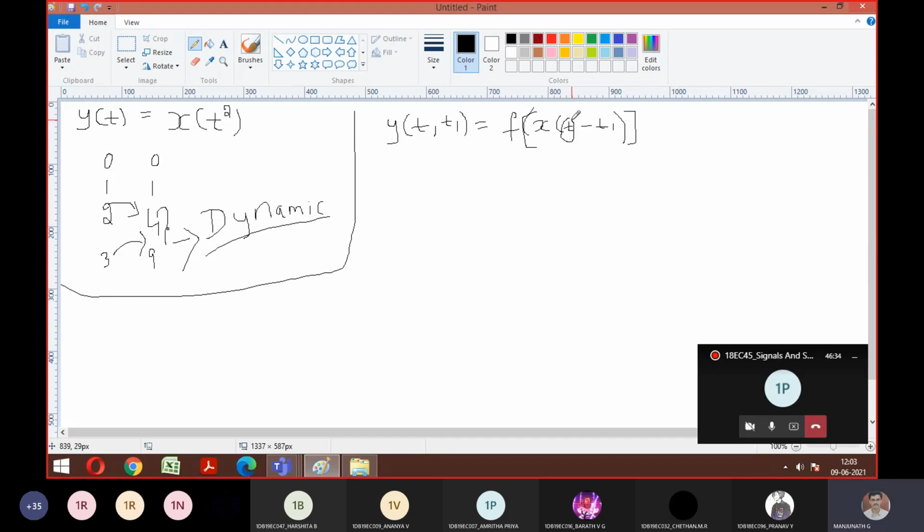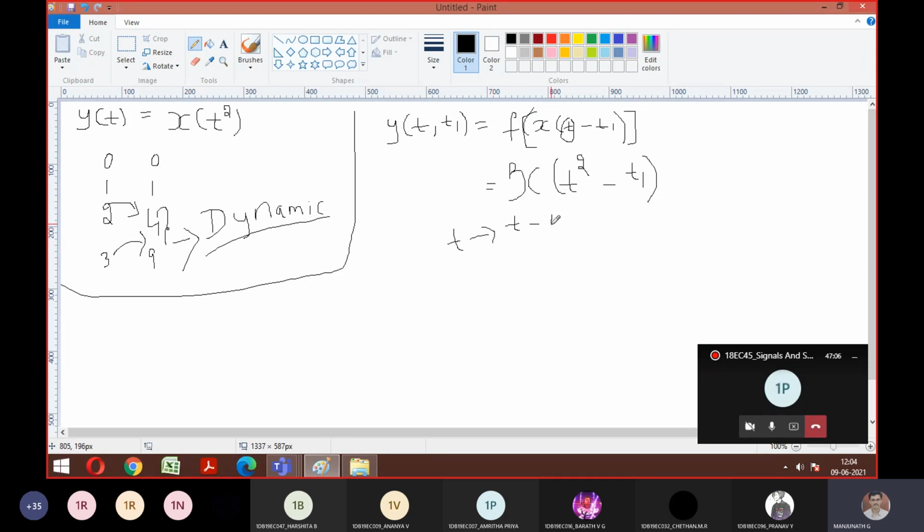So here, what is the function? It is t square. So it means I can replace x of t as t square. I am nowhere concerned with my t1. I am concerned only with t. So wherever t is there, according to the function, t changes to t square. So is this how equation number 1 looks? Agree, everyone? Yes, sir.